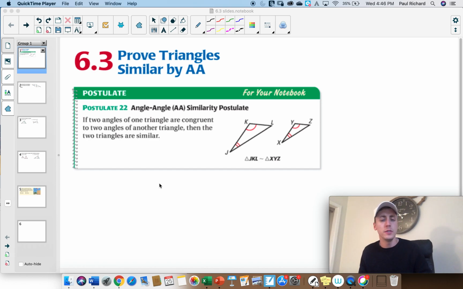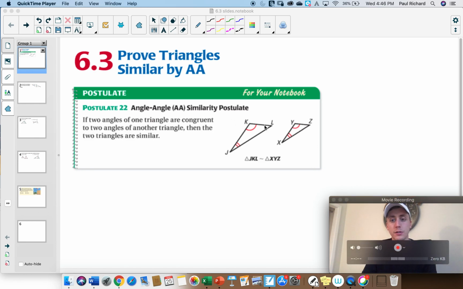So in our previous chapter 4 with triangle congruence, we talked about some three-letter acronyms, side, side, side, theorem, and other ways to show triangles are congruent. What we're going to do here is show that triangles are similar even if we only have some of the information about those triangles. And so you'll notice here the first